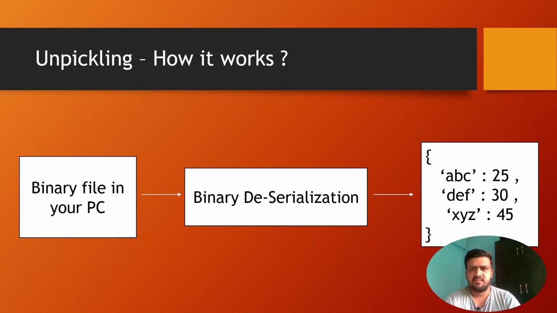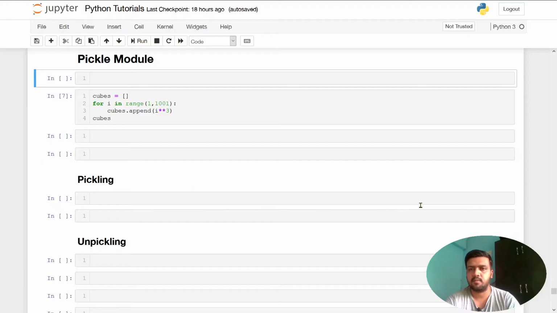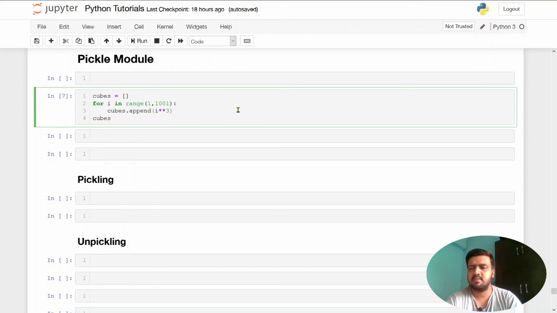I think that's enough theory, so let's move on to the code section, which is more important. But I think one has to know the background so that he or she can modify some things to do their customization task. First of all, let's take an example, and I think examples are very important to understand the functionality of a particular library or module.